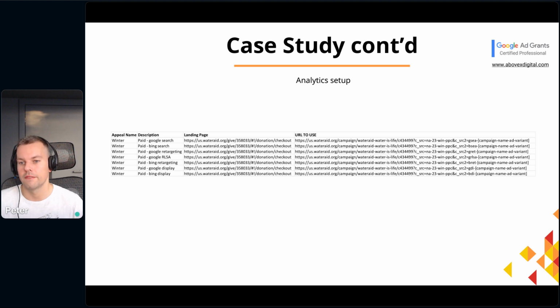So in different campaigns, we use different parameters here. And then their Google Analytics account, which was implemented on this landing page, captured those parameters, and that's what they use to report on success of these different channels, right? So by using these URL parameters, we passed that information about the traffic source into Google Analytics, and then they saw, okay, this many donations and this amount came from Google search, and this many came from Google retargeting, etc. Then we could compare it easily with how much we spent on different channels, different campaigns. We could see which ones are generating profit and which ones are generating loss.